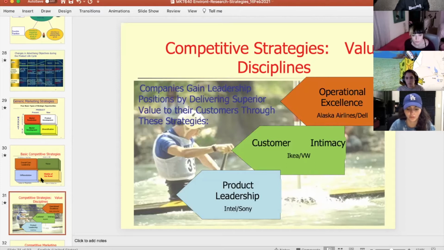That's a strategy that is very important. Customer intimacy is this strategy that says that you can have the best relationship with your customer as possible. Your customers are going to be your best marketing. The more they buy your product, the more you reward them. The more they buy your product, the more you invite them, and they become part of a fan base. And this fan base is what makes your company strong, because they tell their friends and they tell their friends and they advocate about your company.